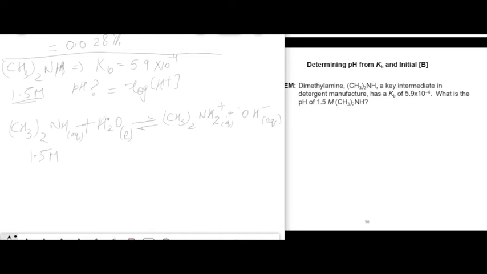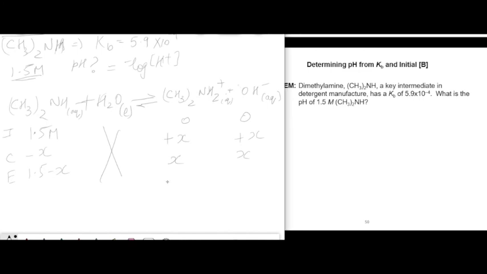Whenever it's an equilibrium reaction, the easiest thing is that we already know we'll have to use the ICE table. So this is 1.5 molar. The water is liquid, so we don't care. This is 0 to begin with, 0 to begin with. Assuming we used up minus x, we'll produce x of hydroxide. What's left at the end is 1.5 minus x, x, and x. Right? Now that I have my ICE table,